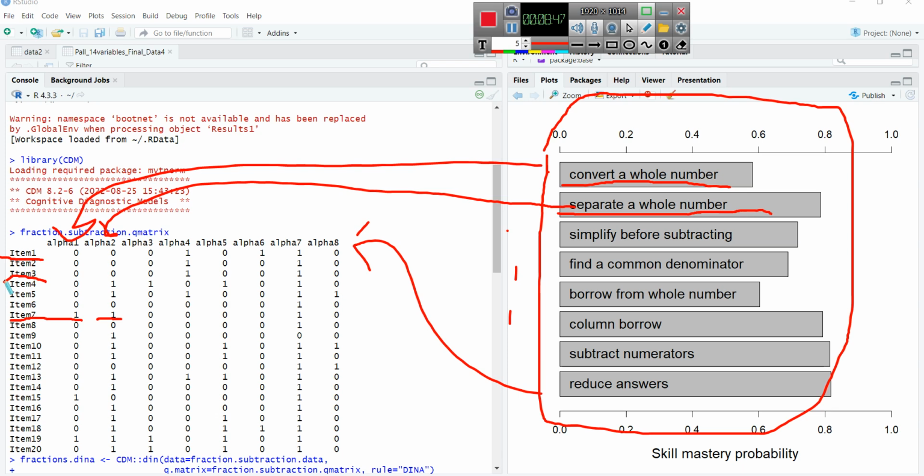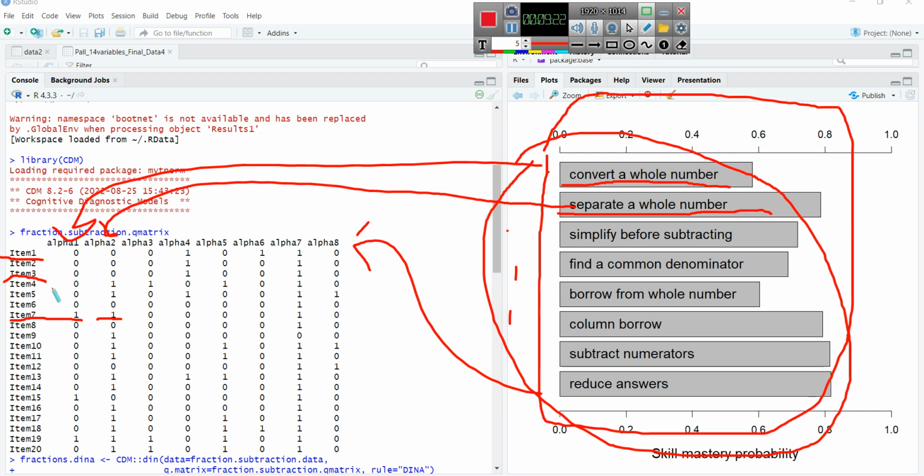So the main goal of cognitive diagnosis is actually to determine the skills and specify the relationships of the skills to the items through the Q matrix, then run the compensatory and non-compensatory models